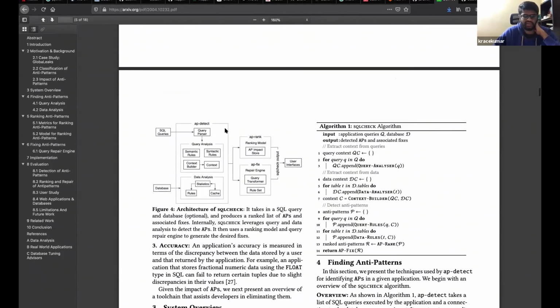You give SQL queries, the query parser parses them, then you do the query analysis and some data analysis if the database is available. Then the tool gives out the impacts, the ranking of the model, some score, and also some advice on how you can fix some of the queries.